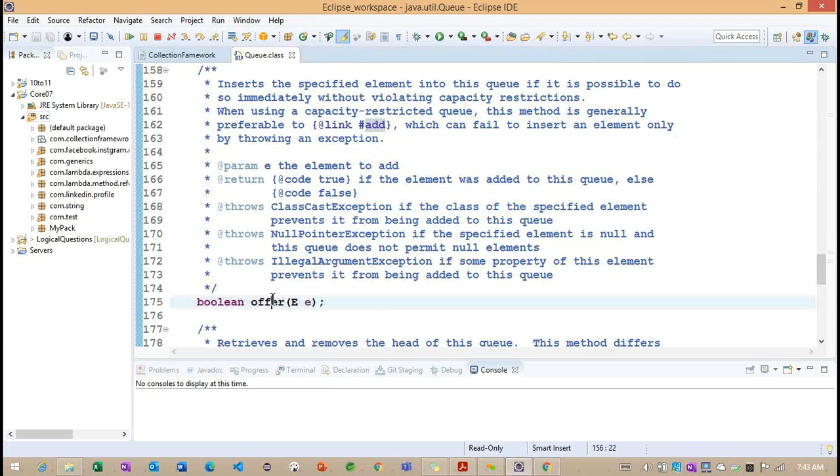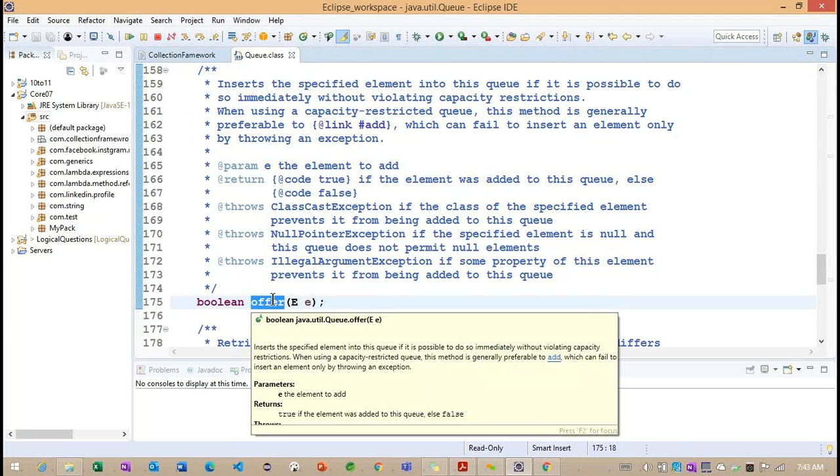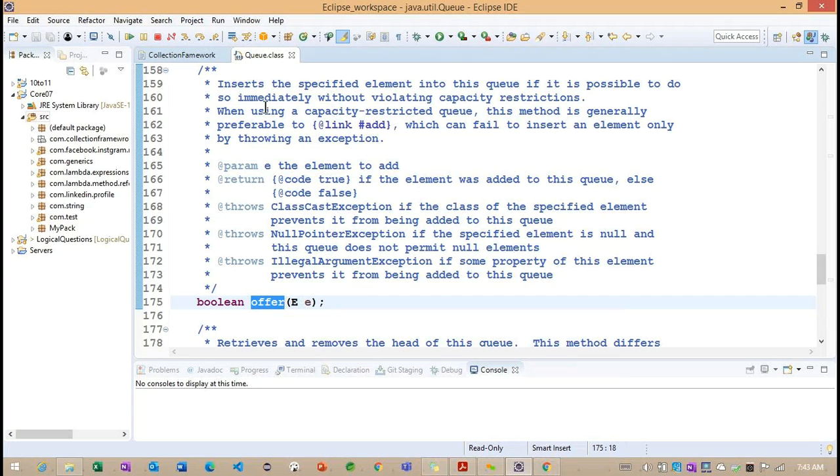But now, what is the condition we need to understand here? Now you can see, this also inserts the element into the queue, if it is possible to do without violating the capacity restrictions. Basically, here we have a method which can fail to insert an element without throwing an exception.